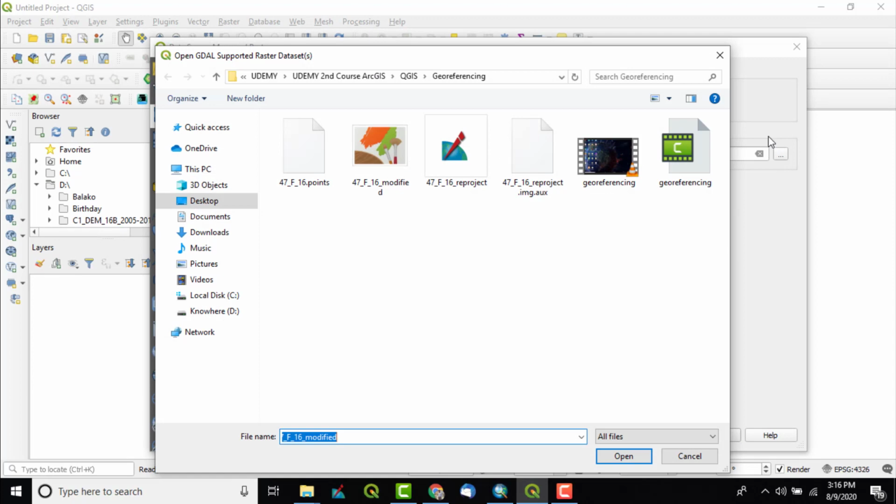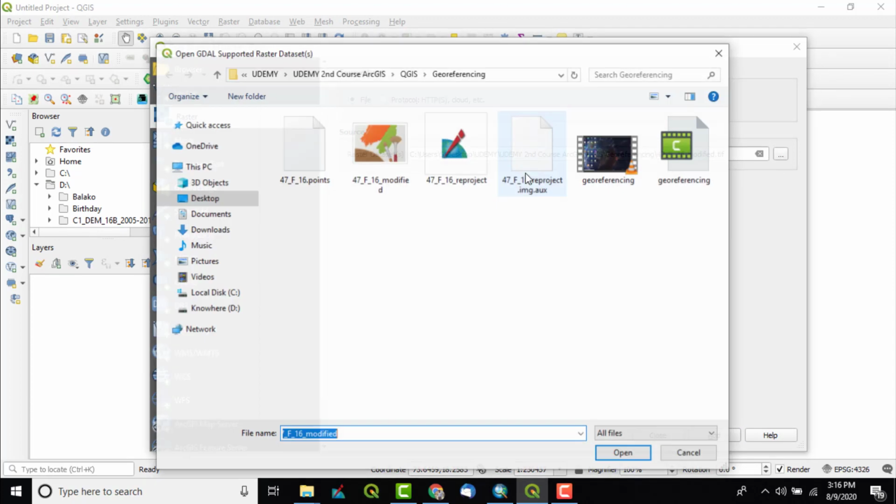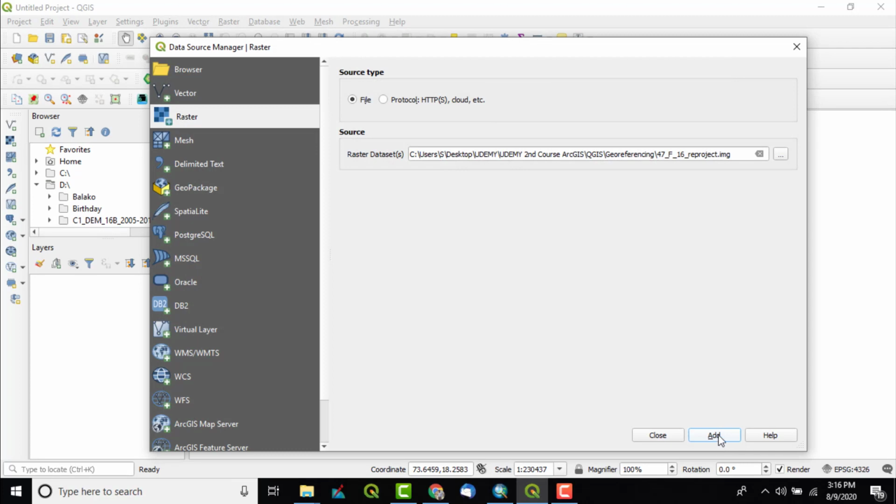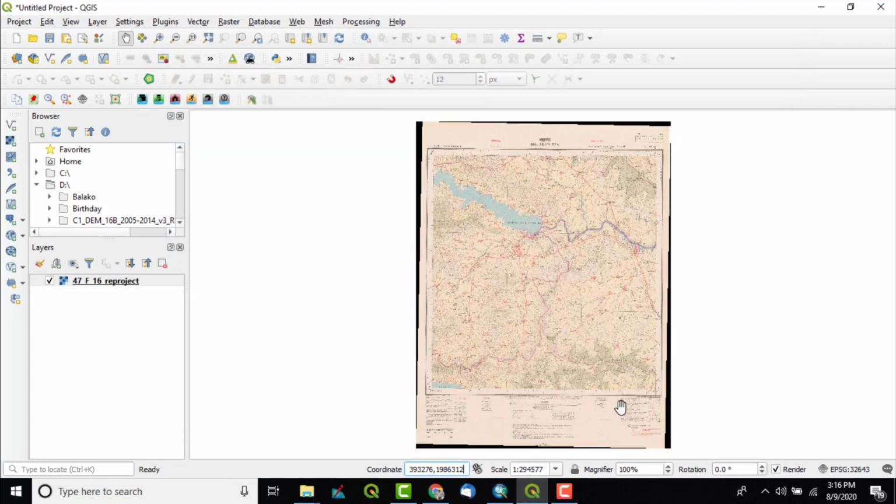and go to the file where you saved it. So here it is, our file, reproject, and click on that and click on open. Again click on add, close it.